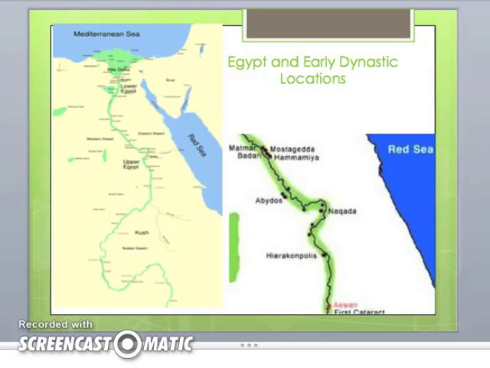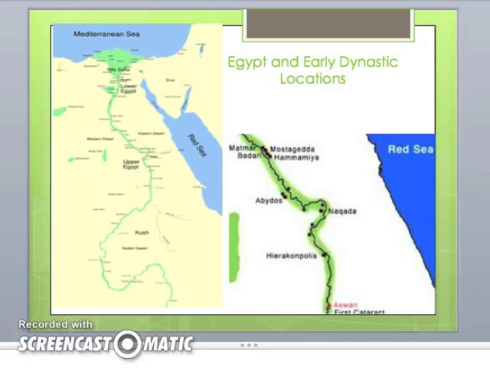So as I said before, the Nile does flow from south to north, and that means the Nile is divided into two regions, generally called Upper Egypt and Lower Egypt. And confusingly, Upper Egypt is in the south, and Lower Egypt is in the north. Try to keep that straight, because occasionally I will say Upper or Lower Egypt, and you'll have to kind of know what I'm talking about.